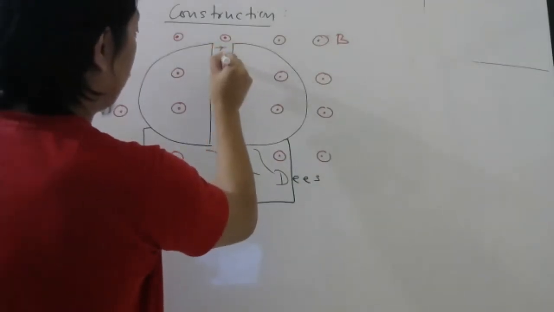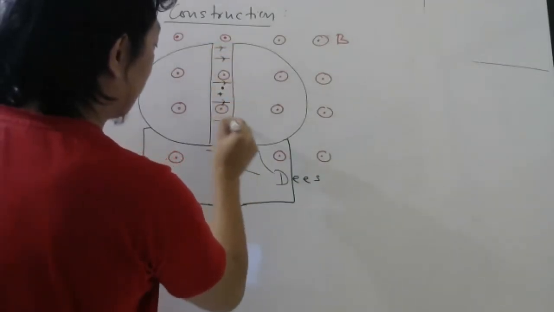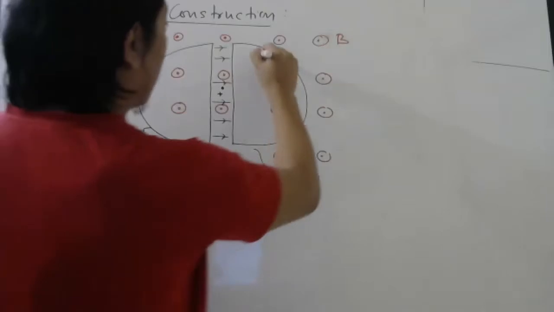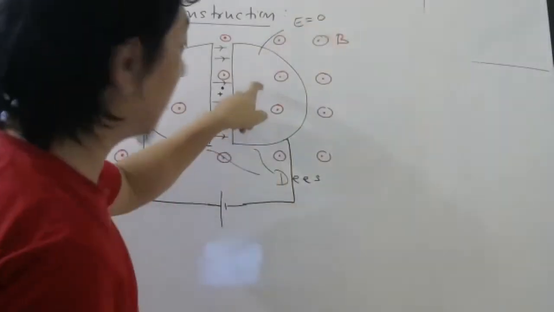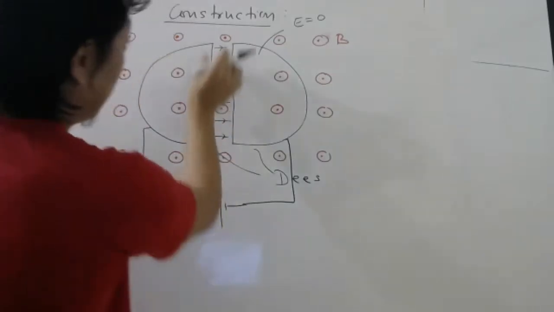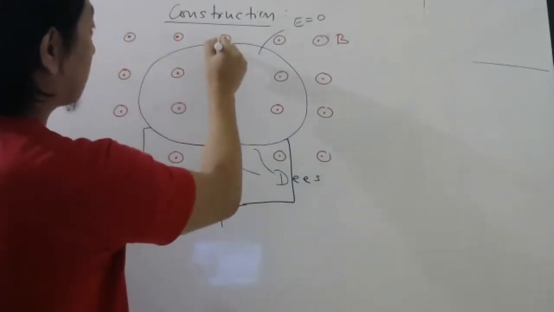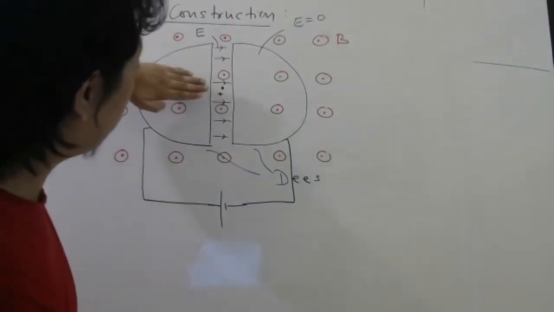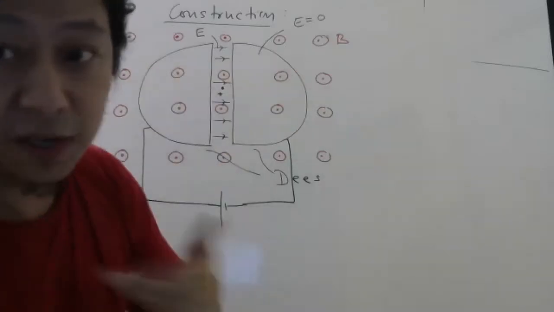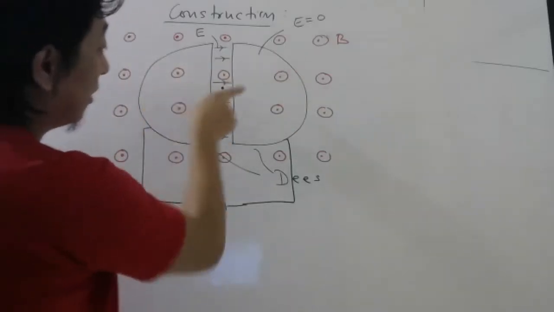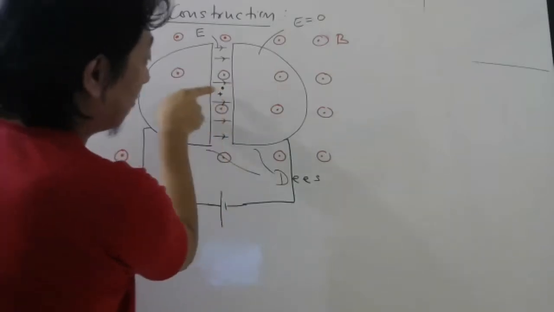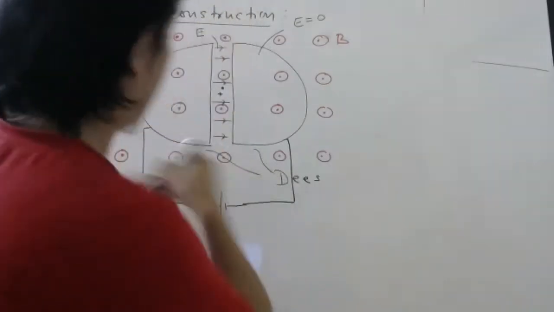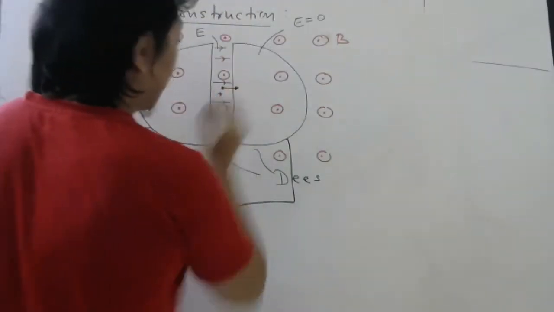So here there will be electric field in the gap. It is like a capacitor. There will be, don't draw this part, there will be electric field this side. Inside the conductor, you know electric field is zero. So inside it is zero, but in this gap there will be electric field. So this positive charge, once it feels the electric field this side, it will feel electrostatic force this side only. So because of that, it will start moving with some velocity. Initially it was at rest, and now it will start moving with some velocity.